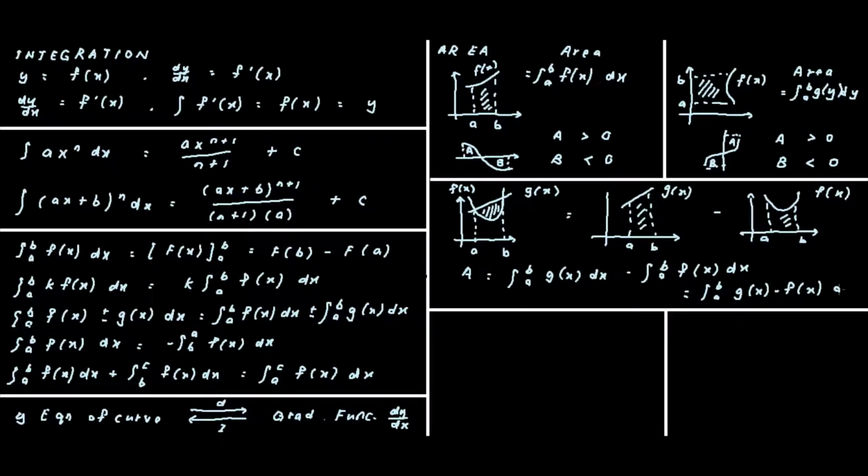For example, if your g(x) is x plus 1 and your f(x) is x squared plus 1 minus 1, you just use g(x) minus f(x), then do any addition and subtraction needed to simplify your function. Then you only do one integration, with substitution of your a and b,